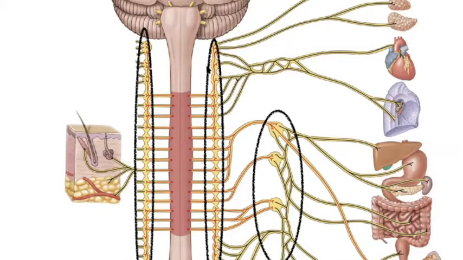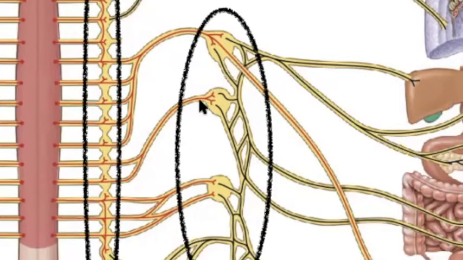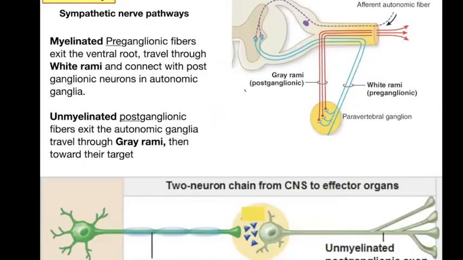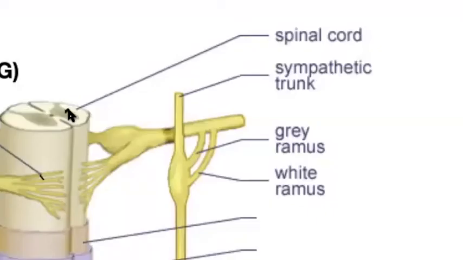And then you have these so-called sympathetic chain ganglia, which are running alongside the vertebrae, in which the preganglionic fibers will come out and connect to the postganglionic fibers in black right here. You also have, besides these sympathetic chain ganglia, these other singular ones that are going to be running in front of the spinal cord in actuality, right here, right? So these preganglionic ones for the sympathetic chain ganglia, they're going to be located somewhere over here, and they're going to send their axons out the ventral root,